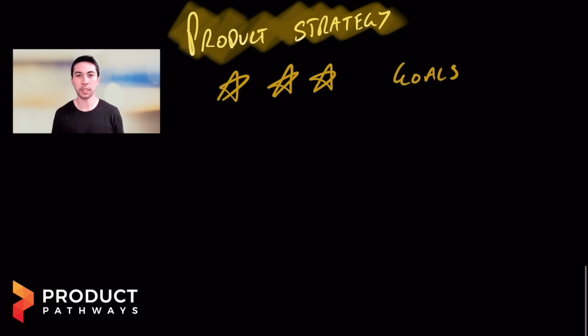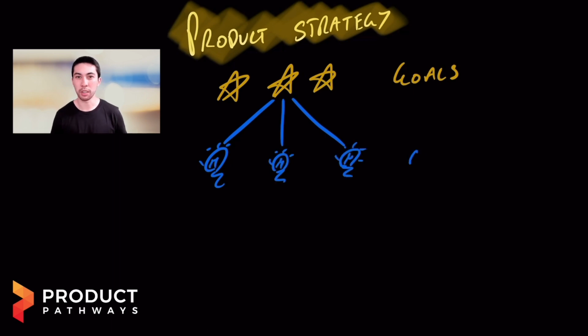The question you've got to ask yourself is, what goals are we trying to achieve? What outcomes are we trying to drive today? Now, once you've got that and you've prioritized an outcome over other outcomes, the next question is, what customer opportunities or business opportunities exist within the confines of that outcome?